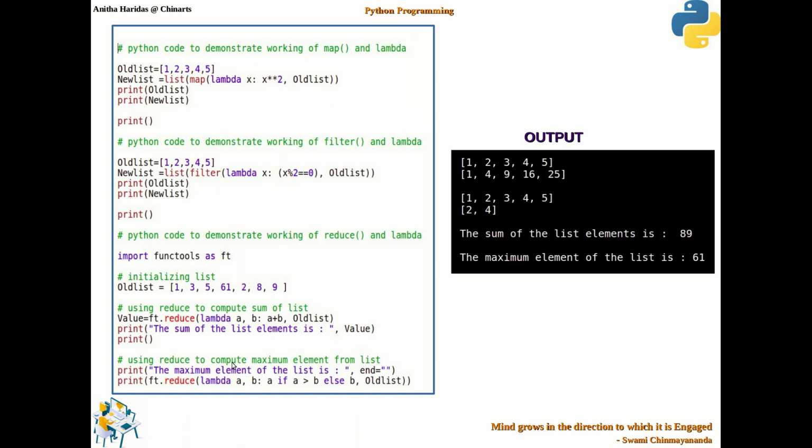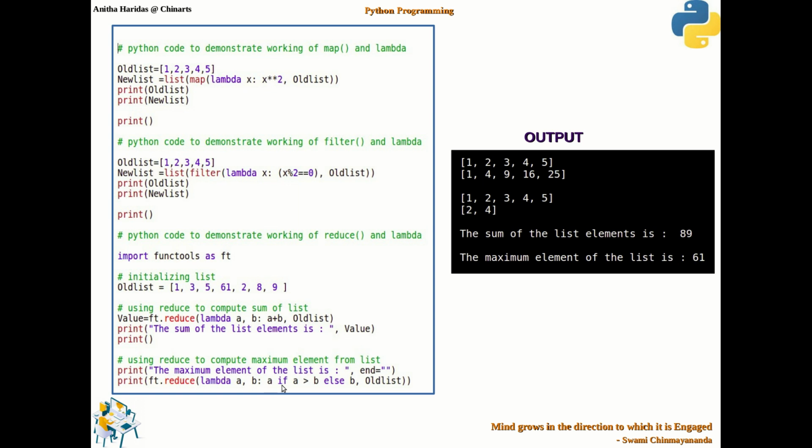Okay. Now here again you can find out another reduce function which is used to find out the maximum element from the list. So what you do here, I am using a lambda function a comma b. If a is greater, I am going to return a, else I am going to return b.